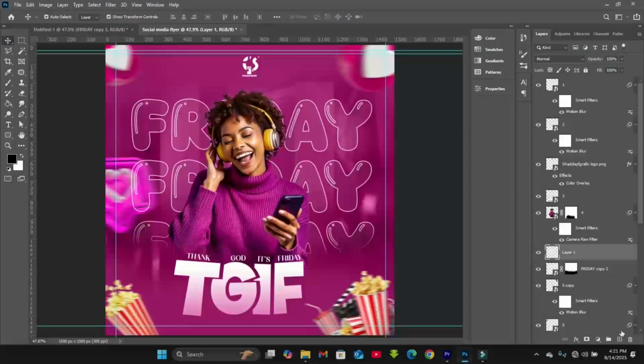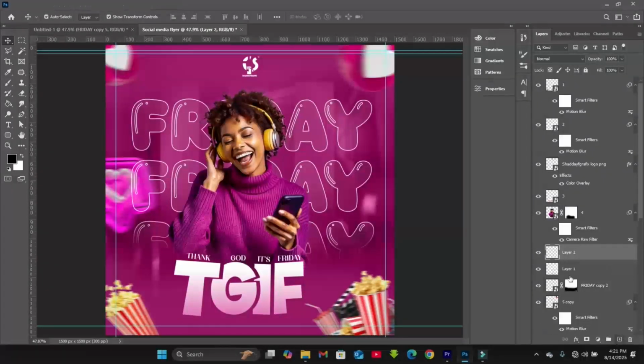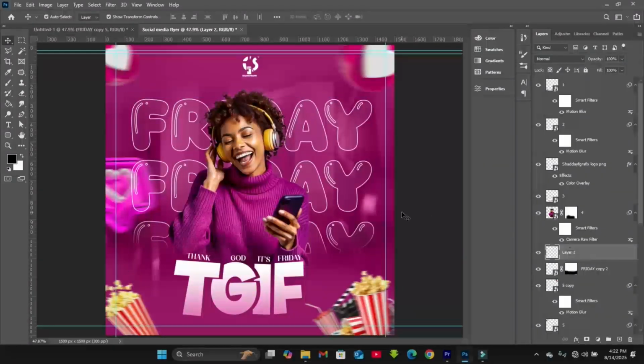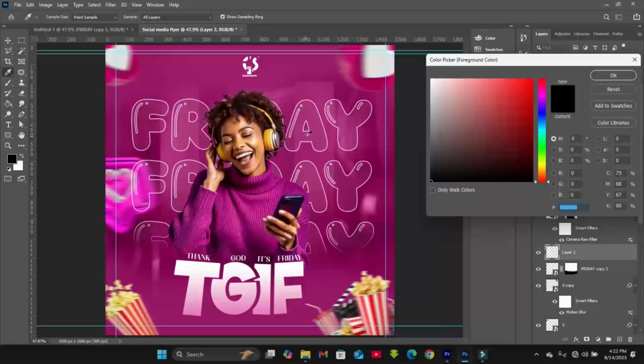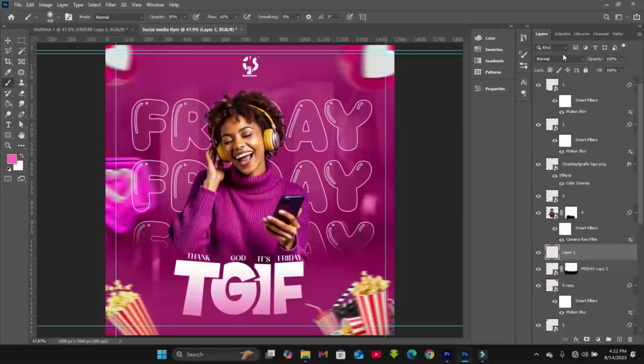So add a new layer to it, or we've already added a layer, so let's delete one of the layers. Then press B to grab your brush tool and sample a color from your design. Set your color mode to soft, no, color dodge, sorry. If you want to, you can increase your opacity and your flow, so that then what you do is add